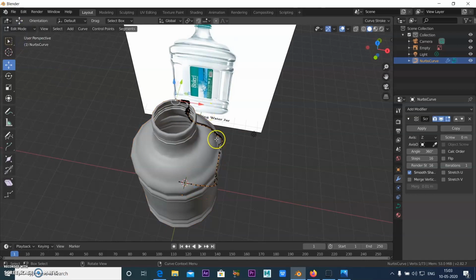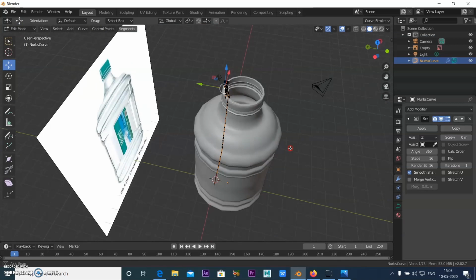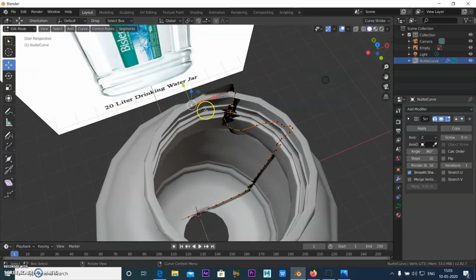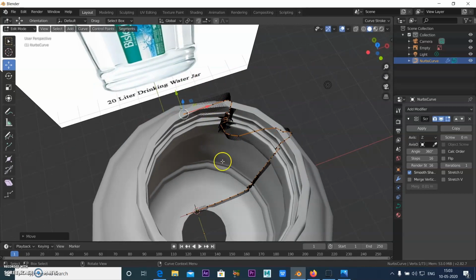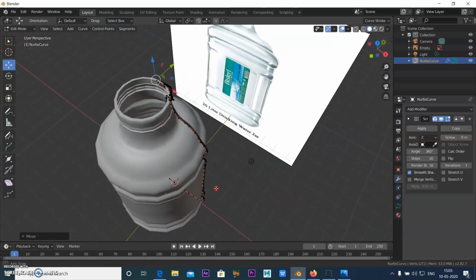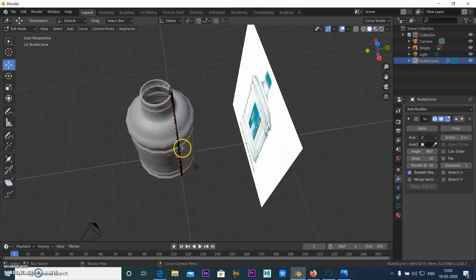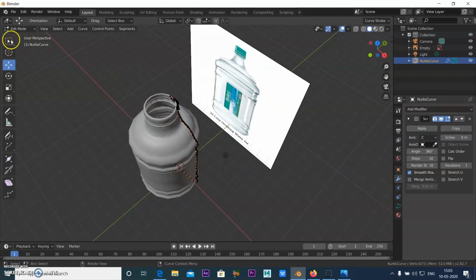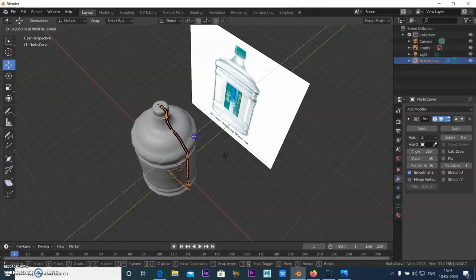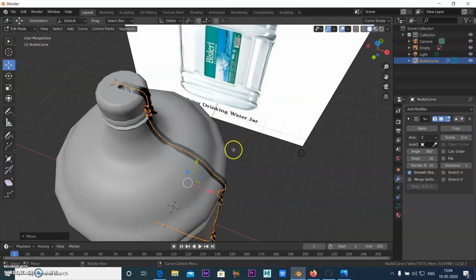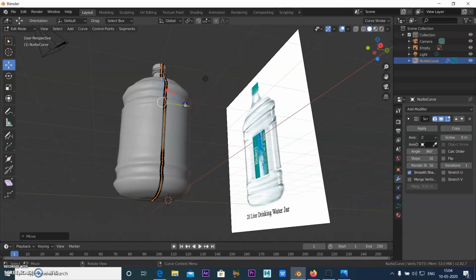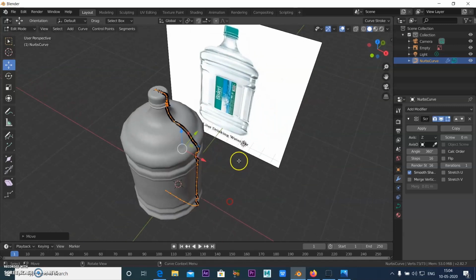Now if you see that it is not closed over here, you can go to the Edit Mode and you can see this hard surface. Whatever the last point is, this is the last point. You can pull this. You can select all of these points. Go to selection. You can see that because the curve was at a different place, it was not rotating from that center point. So if you adjust the curve position,